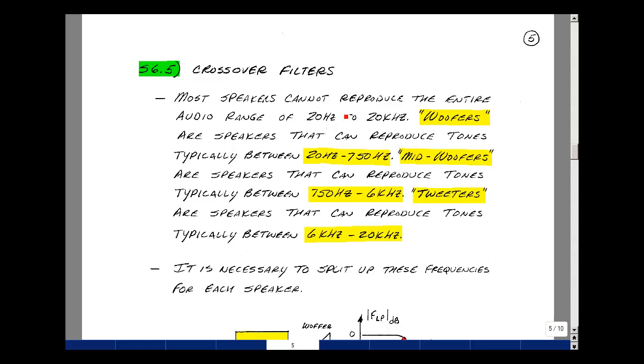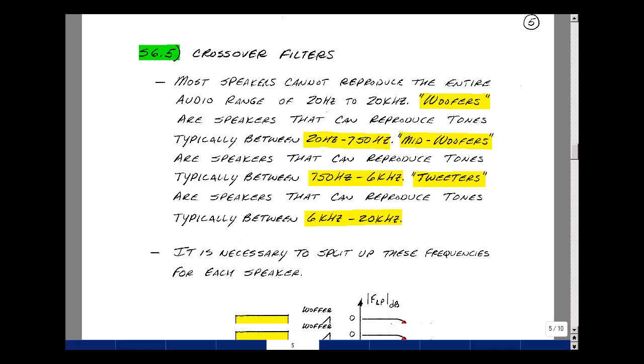Most speakers cannot reproduce the entire audio band from 20 Hz to 20 kHz. So we have specialized speakers. A woofer is a speaker that can reproduce tones typically in the 20 Hz to about 750 Hz range. Mid-woofers can reproduce tones typically in the 750 Hz to 6 kHz range, and tweeters can reproduce tones in the upper end of the audio band from 6k to 20k. So we need to break up the audio band into pieces and send those pieces to the speakers that can